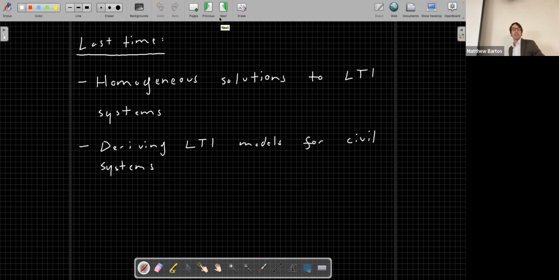So to recap, last time we covered homogeneous solutions to linear time invariant systems. This is the component of the solution that is dependent on the initial conditions, and we solved a few examples of LTI systems based on civil engineering systems. We looked at a structural system, and we showed how you could find the homogeneous solution for that system corresponding to some initial displacement. So we went through the process for finding the homogeneous solution, which we will review again